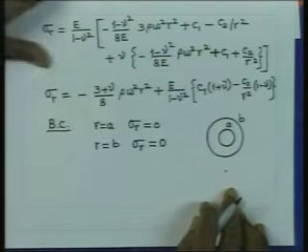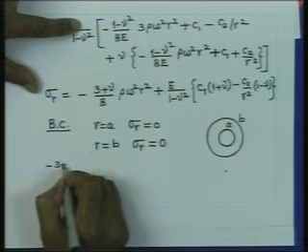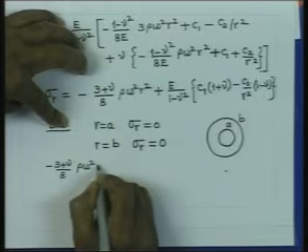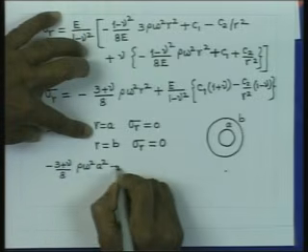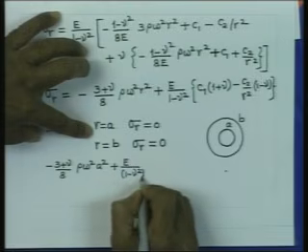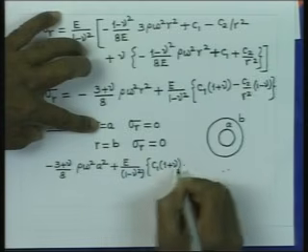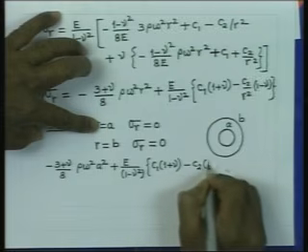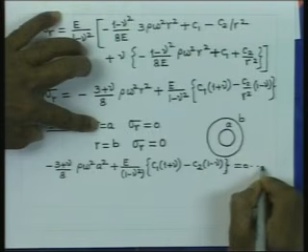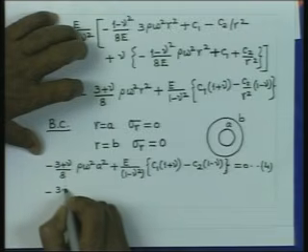So, we can now have the two equations obtained by using these two conditions. This is equal to 0. So, this is equation number 4, let us say, and the second equation is